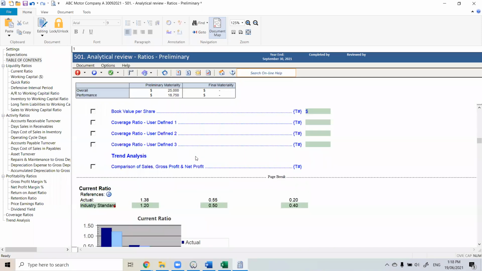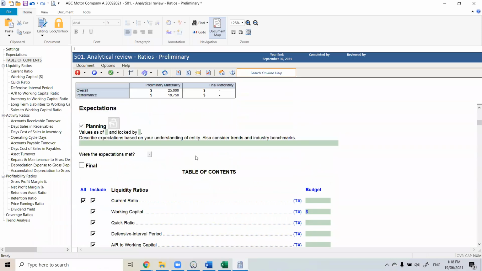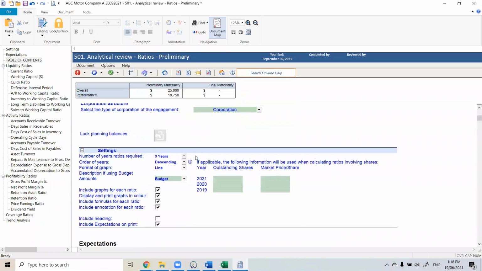Now, back to that question, what if it's industry standard instead of budget? Okay, see this field here, because it says budget, all the comparison says budget. I can drop that down. I can change it to say industry standard. I can change it to say standard. I can change it to say expectation if you want to, simply by typing